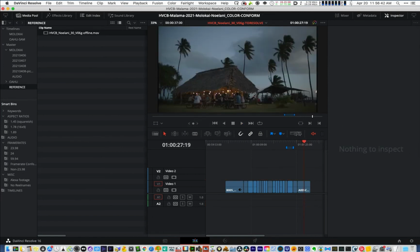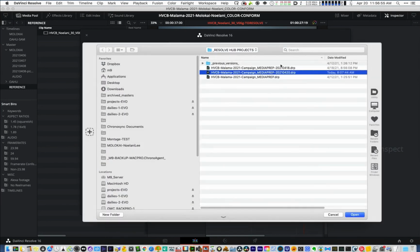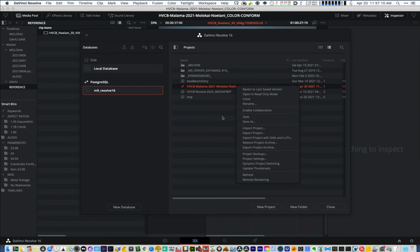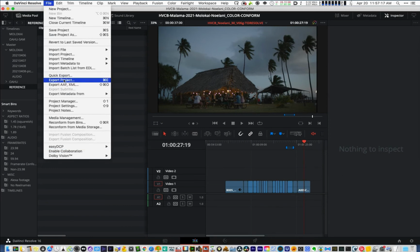So now what you'll do is, because Resolve is a database, the way the projects work in Resolve is it works on an internal database. So that DRP file that I imported here is not like a Premiere project. I mean, it's not like you open that and the project opens. It's literally just a backup that you import into your current installation of Resolve. So what needs to happen is you need to export this project as a DRP file, the DaVinci Resolve project file, the backup. So you go export project,